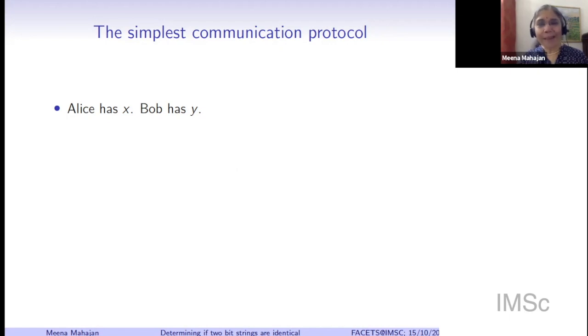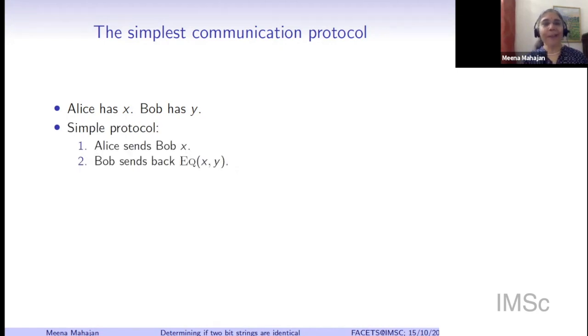Now this looks like a very complicated setup. We are trying to solve a very, very simple problem, equality. So let's just jump in and look at a simple protocol. This is a completely naive, straightforward protocol. Alice sends Bob all the bits of X. The protocol says the first bit comes from Alice, the second bit comes from Alice, the third bit comes from Alice, and so on, up to the nth bit. So in the first n bits, Alice sends everything in her input to Bob. At this point, Bob has not yet sent anything, but he has all the information required to decide the value of the equality function. He can check the two files X and Y bit by bit, figure out whether they are equal or not, and then announce the value.